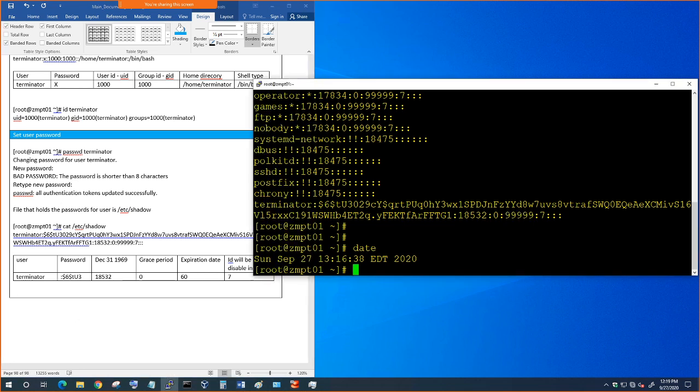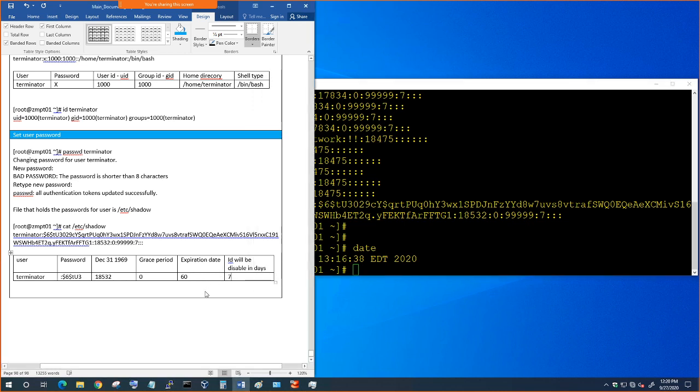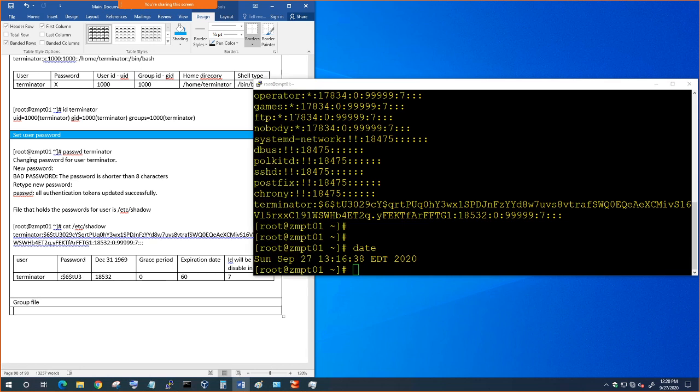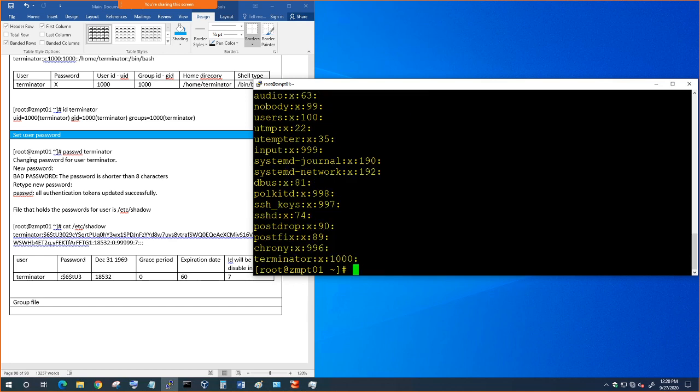Okay, good. So now let's move to group. Okay, group file. So the group is automatically created, right? So if I go cat /etc/group and hit enter,